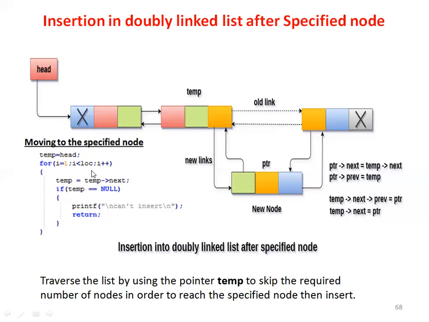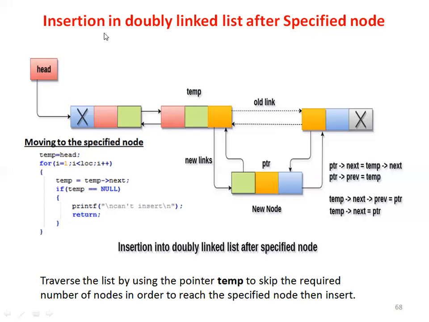So by using this loop, when this loop is terminated, the temp will reach the desired node position. In this case, if the value of LOC is 2, then the temporary pointer temp will come to this position. So temp will point to this node now. Now after that we can insert this new node. So to move to the desired node position, we can use this loop. Then we can come to the desired position. Now you can see temp is here, it is pointing to this node. Now after coming to this node, then we can insert the new node after this node.